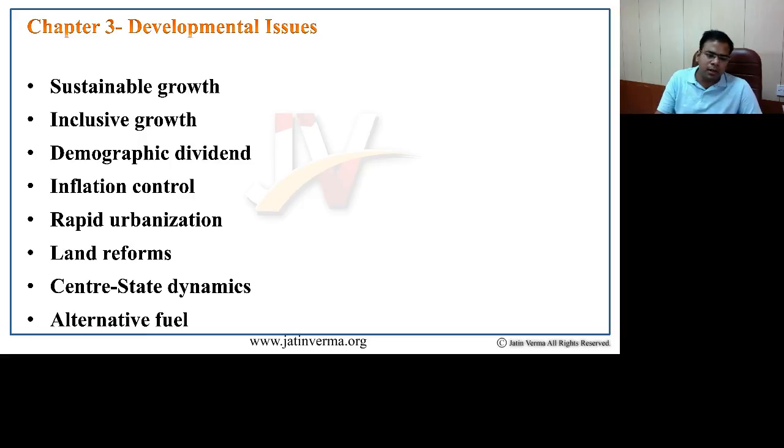However, the center-state dynamics at the time after independence resulted in a lack of development in Bihar in the initial years. With center-state dynamics, there needs to be a certain degree of cooperation when it comes to poverty alleviation or developmental program implementation in the state. If there is a discordant relation between center and state, it is bound to lead to failure of developmental programs. As one knows, states a lot of the time, especially during the initial Finance Commission's recommendations, were not able to generate a sufficient amount of resources.